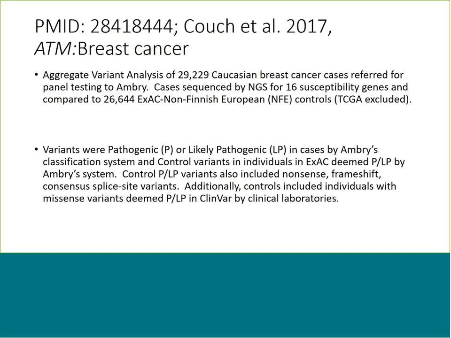The cases were sequenced by NGS for 16 susceptibility genes, and they were compared to roughly 26,644 controls from ExAC, specifically controls of non-Finnish European descent, and they excluded any cases that were brought into ExAC from the Cancer Genome Atlas to make sure it wouldn't have been biased in that regard. For variants, in terms of cases or controls that were counted, they were looking at those that were pathogenic or likely pathogenic by Ambry's classification system, which I think is listed on